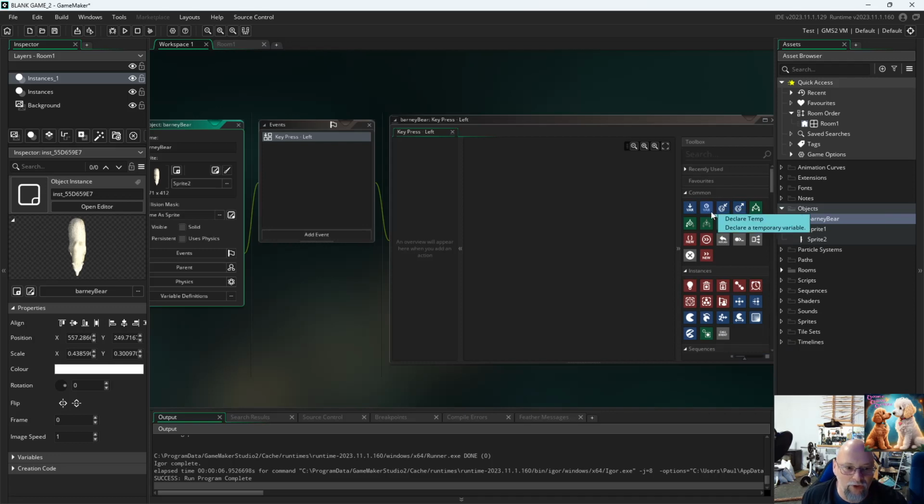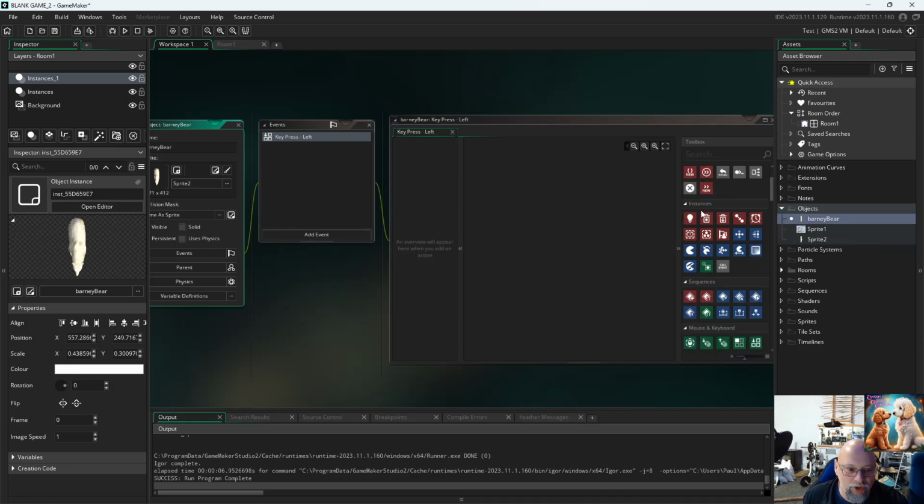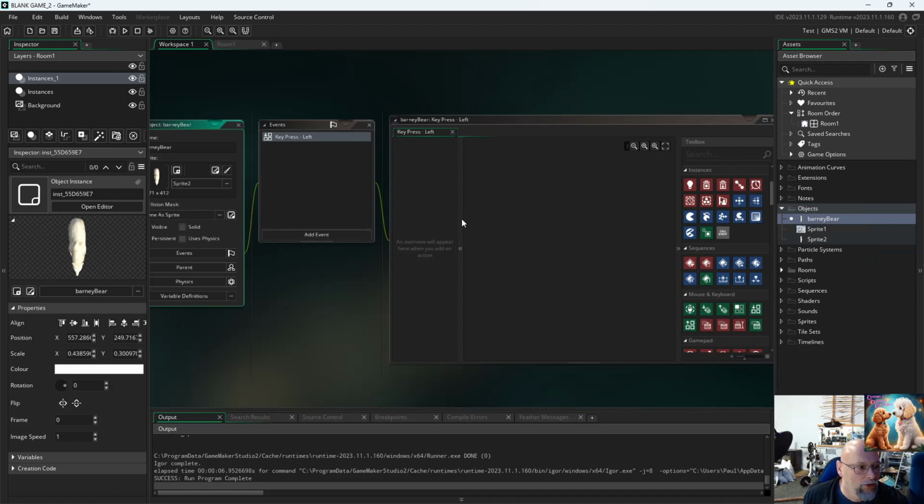are the things used. Now they're pretty small, but if you mouse over, you can see. So these are common events: assign a variable, declare a temporary, set a global variable. And for anyone who doesn't know, a global variable means it affects the whole game, so it will carry throughout all the rooms. Whereas just declaring a variable is only going to be assigned to this object or to this scene, and when you move on, it will disappear. Generally speaking, it's to the object that you're creating. And so there's all sorts of things here that you can assign, right? The ones we're interested in here are going to be,